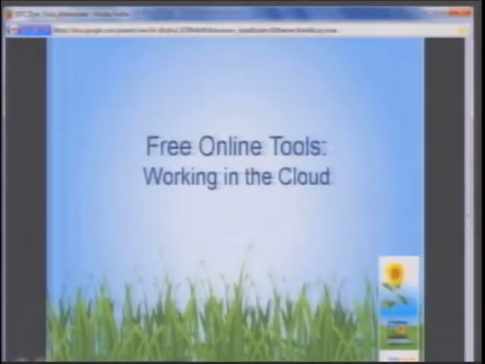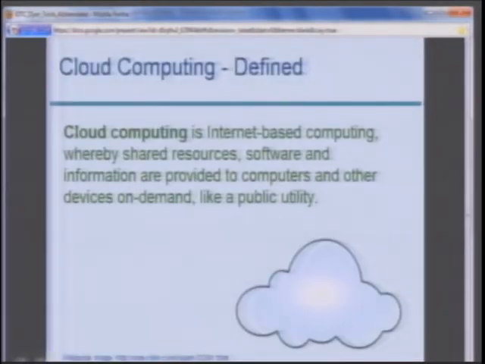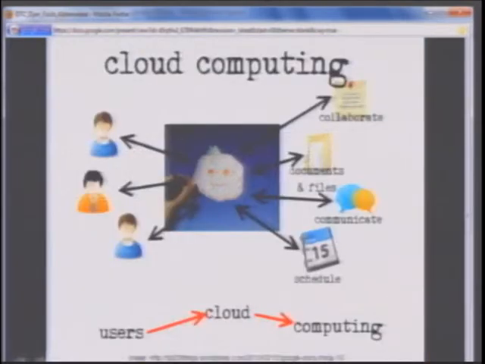And we're going to start by looking at working in the cloud, and this is a fairly new term that's out there. Cloud computing, for those who don't know, is internet-based computing, where people can share resources and software. They're provided to computers and other sources on demand, more like a public utility. And this was an interesting illustration where you can see that all of these central resources are in one spot, and then people can collaborate together. They can share documents and files. They can communicate. They can schedule, and all of those resources are in the cloud